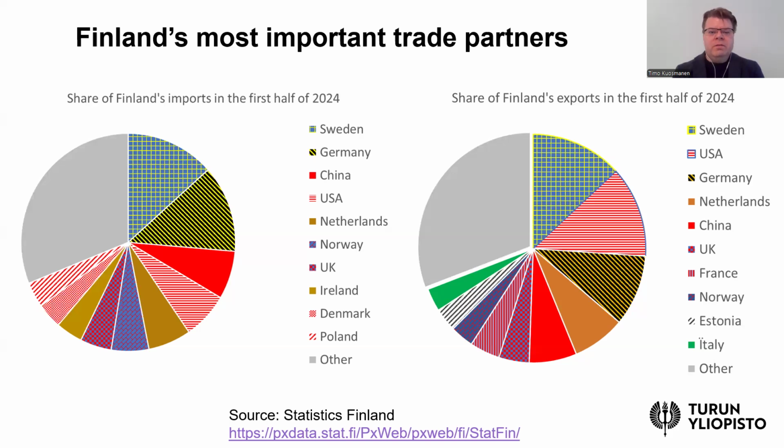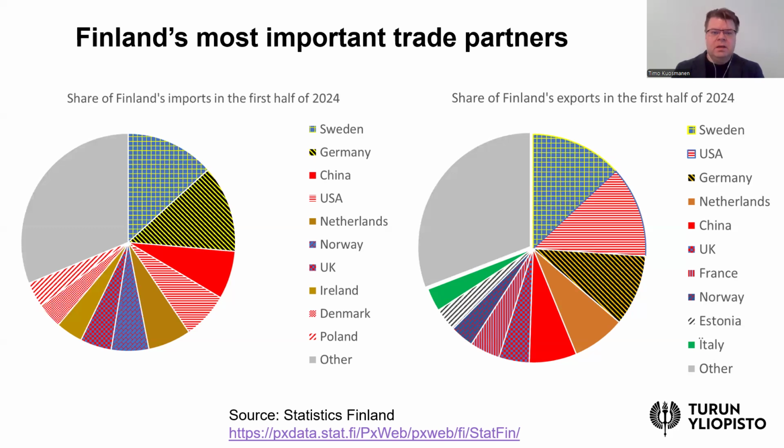So this obviously reflects these kinds of patterns of world trade, like I mentioned in the previous lesson. Remember that China is the world's largest exporter, and the USA is the largest importer in the world. So it's natural that Finland is also importing more from China and exporting to the USA. So this follows these kinds of patterns of world trade. But then why, for example, is Sweden ranking so highly, and Germany,